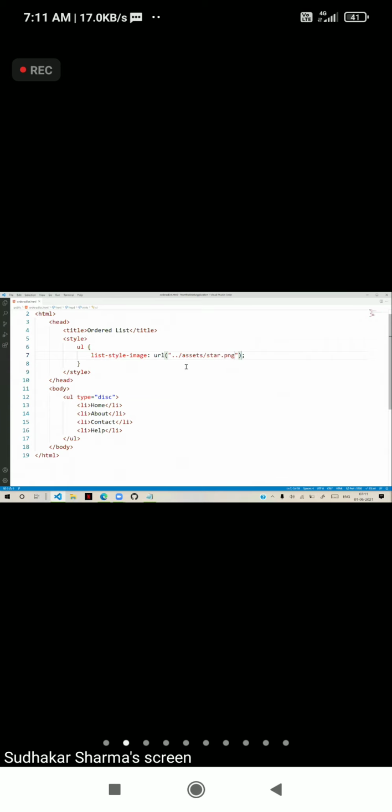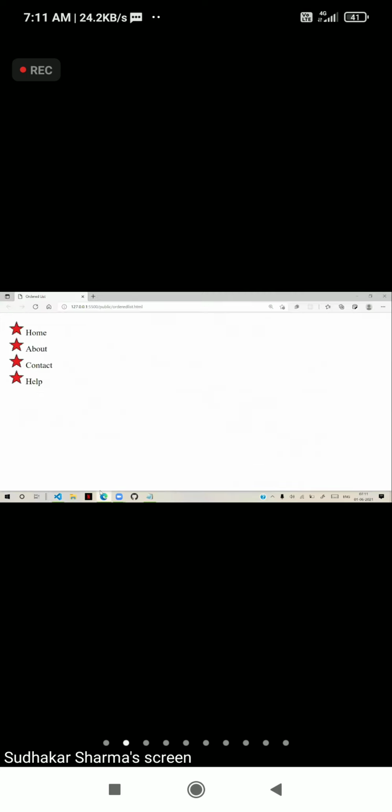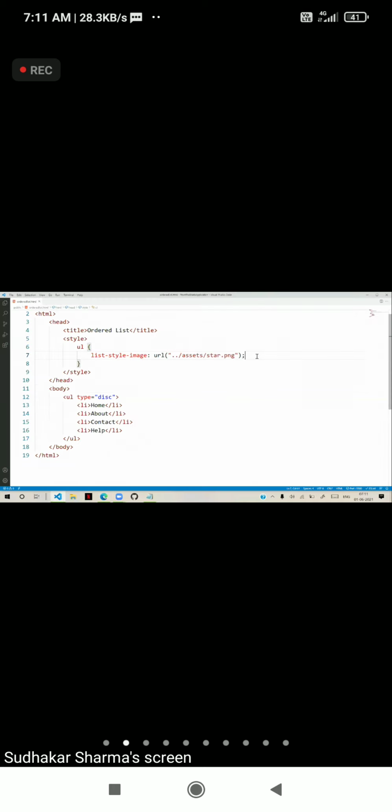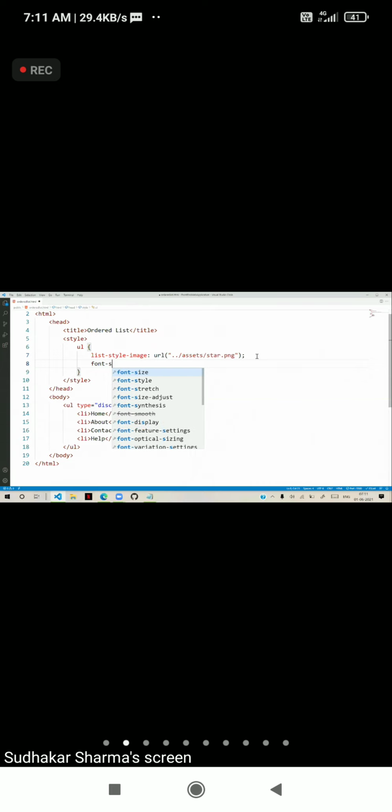Currently our file is in a different location and the images are in a different location. So we need to access that. Okay. Now this is ready. Now you can see you have that unordered list, and these images will be there. Now you can increase and configure the font size. For example, I gave font size as 34 pixels and the font size will increase here.